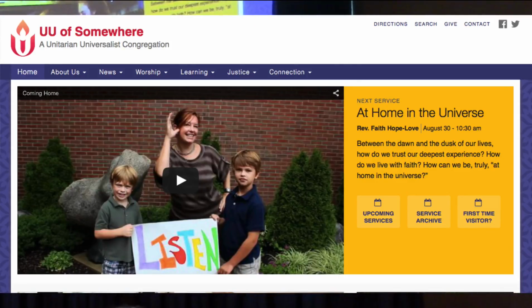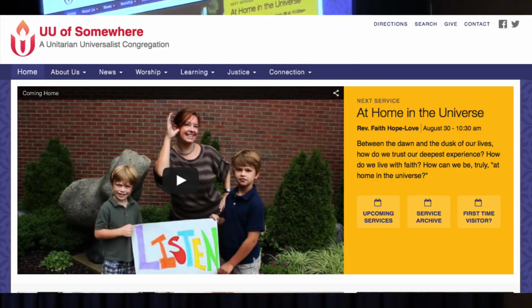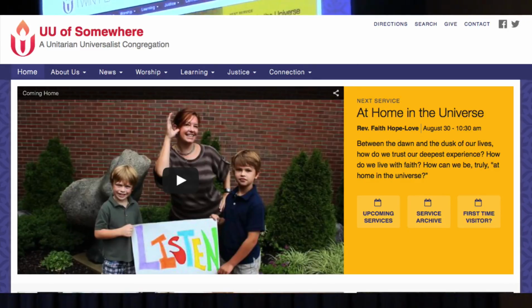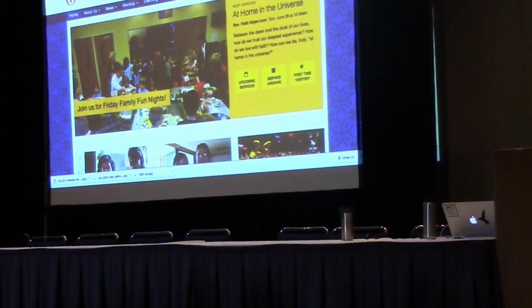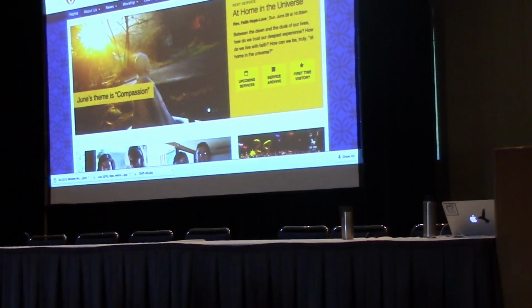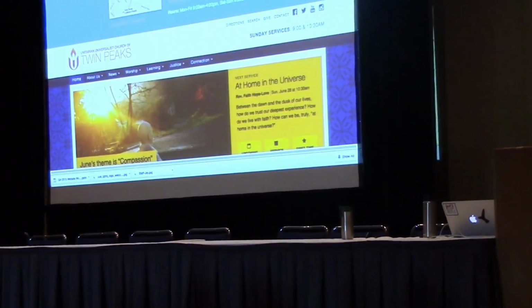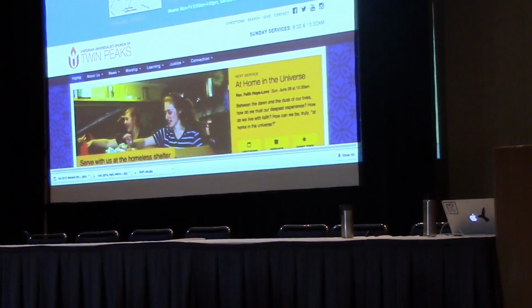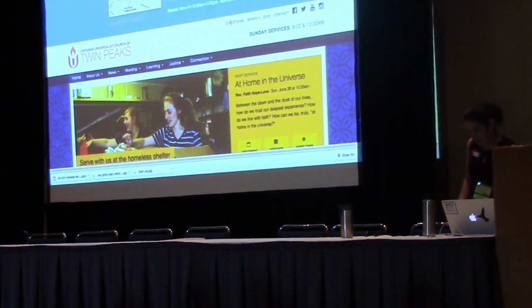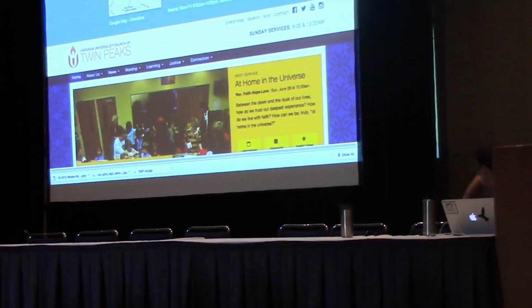You'll also find right up at the top Sunday services. The most important thing: directions, search, give, and contact. The fundraising stewardship office suggests that give should really be up at the top and accessible to your members. Clicking on directions brings down the directions immediately. You're not being sent to another page. It has the office hours in there as well, and a link to the Google Map